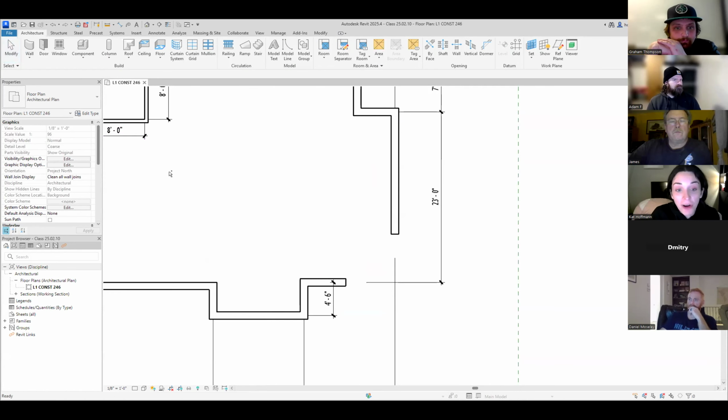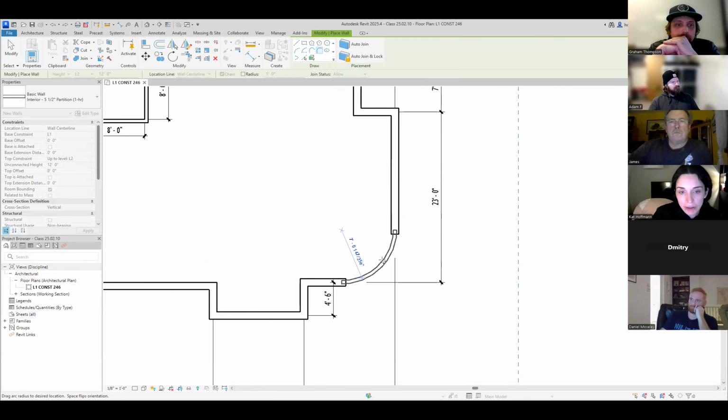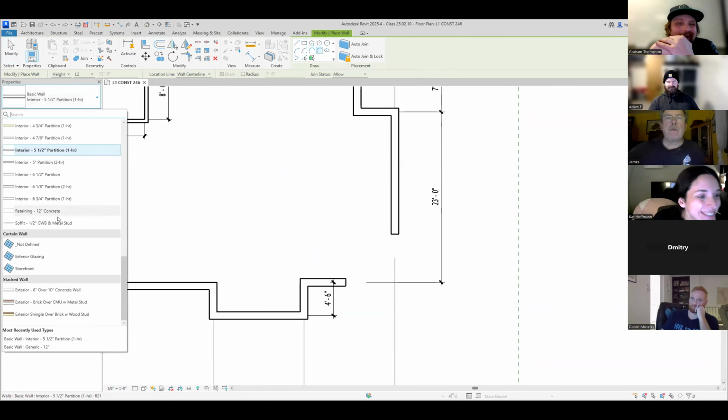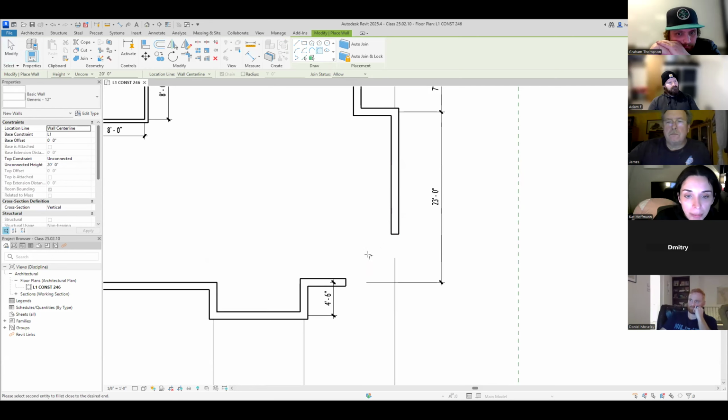Oh, sorry. No, what I did is I selected, hold on, it's getting annoying. I went over here and I selected this option here, which is the fillet arc. Yep. And then I chose this wall and this wall. Oops. But I had to do it with the right... Well, hold up, stop. Yes. Choose the right wall type in your properties. That helped. Thank you. Big help. Generic 12-inch. Okay. Perfect. So then you went boom. You select this wall, and then I selected this wall. And then